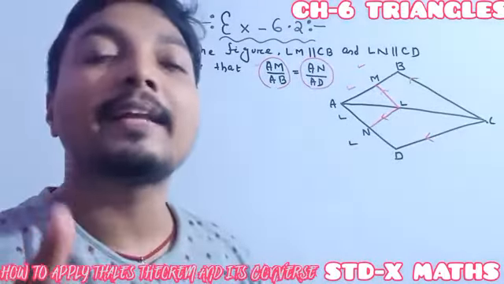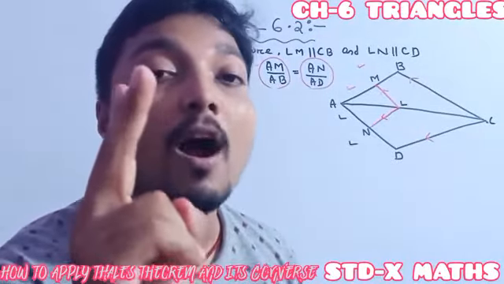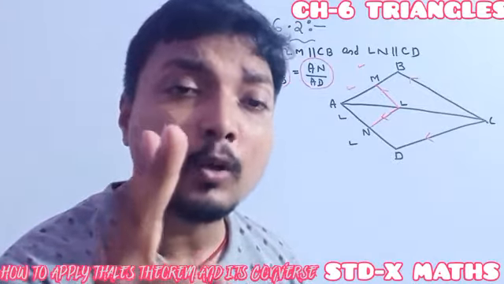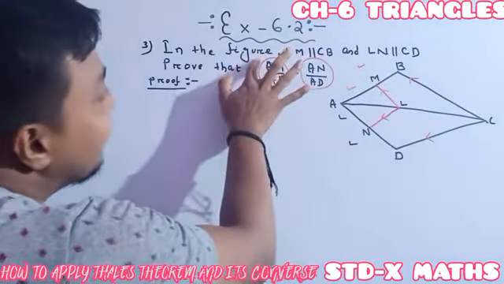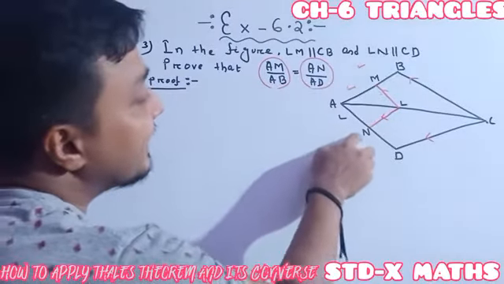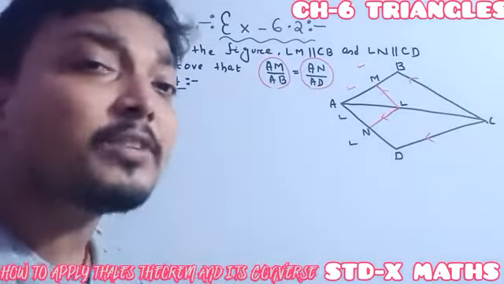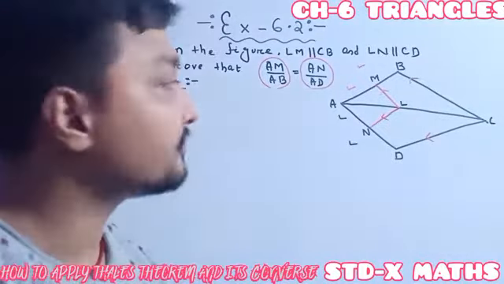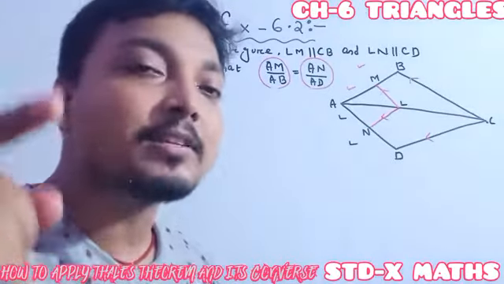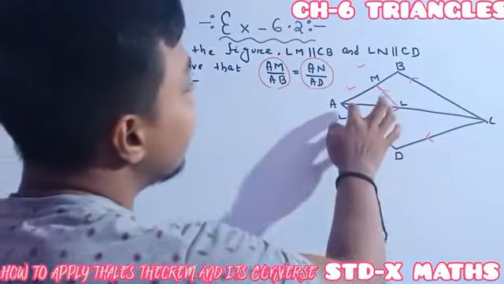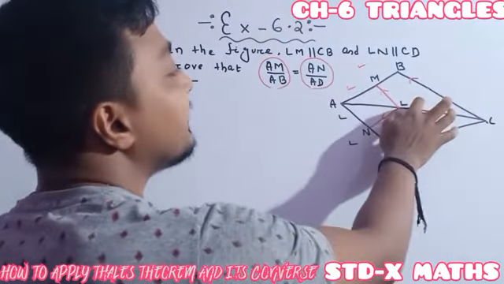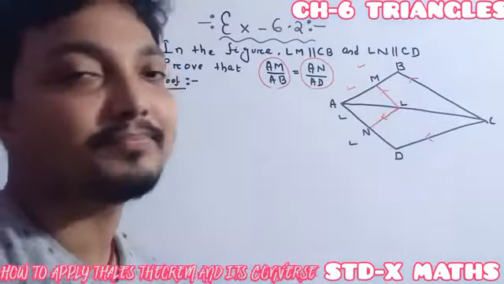Always you have to give the target, always you have to choose two triangles. Once again, repeating: always choose the two triangles where you are getting these two. Here I am getting these two, and these two I am getting here. The triangles must be chosen such that one side is common for both, just like this one and this one, it is the common side. Also this line is common for this one.